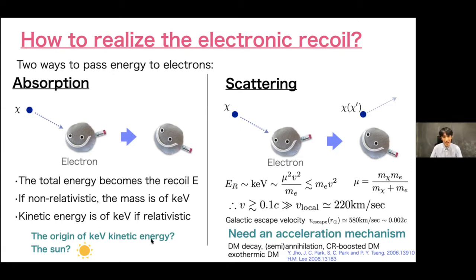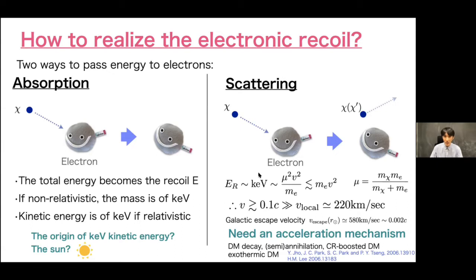So in that case, you may be able to explain the keV energy naturally. I will focus on the case of absorption later, so only a few words about the case of scattering. In this case, especially in the case of simple elastic scattering, namely the same chi particle appears both in the initial state and the final state, it is very hard to give an energy over the keV to electron